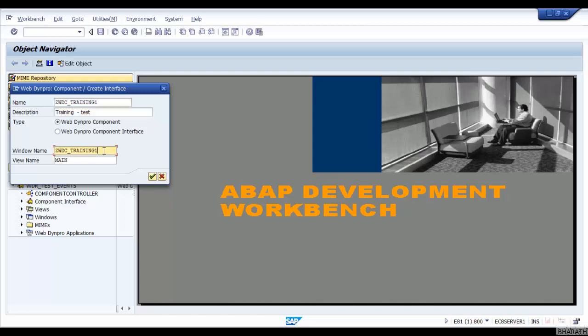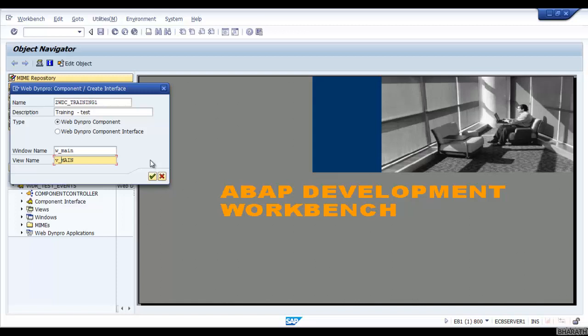For the window name, I am following the naming conventions: W underscore main. W underscore is the naming convention for window, and for view, V underscore main.